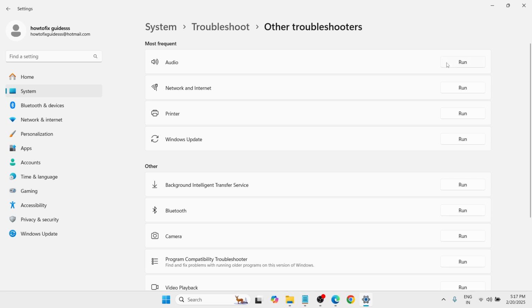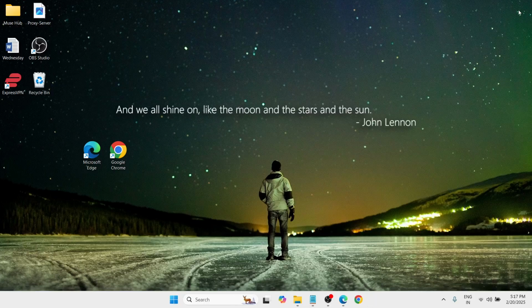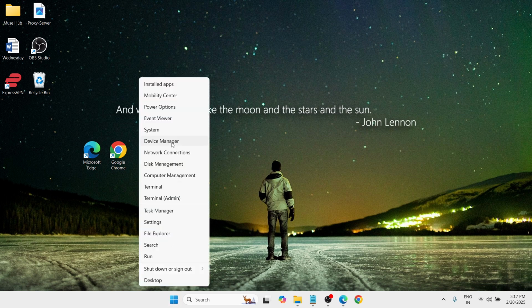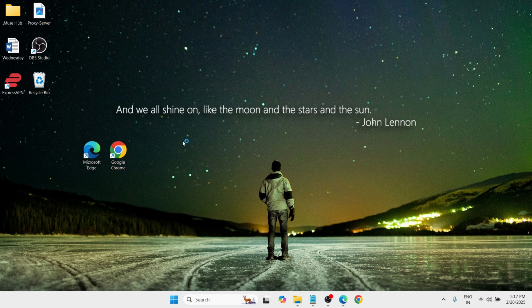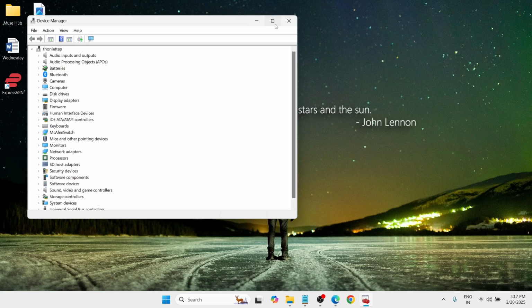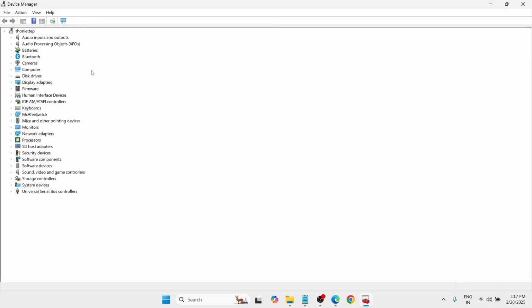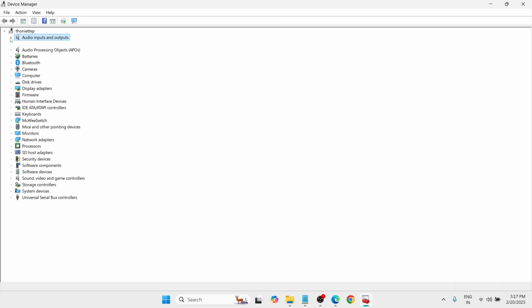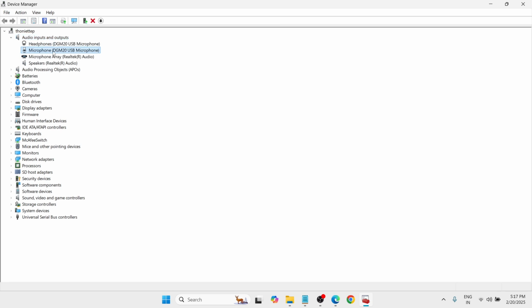Okay, just wait until the process is done and then restart your computer and check if your headset mic is now working. And let's say if it doesn't again, then let's proceed to the next step, which is at the start icon, do a right click and this time go with device manager once again. Click on it, and here in the device manager we need to update the driver. How we can do that, select the audio inputs and outputs. Click this forward icon again and go with microphone again and then do a right click and go with update